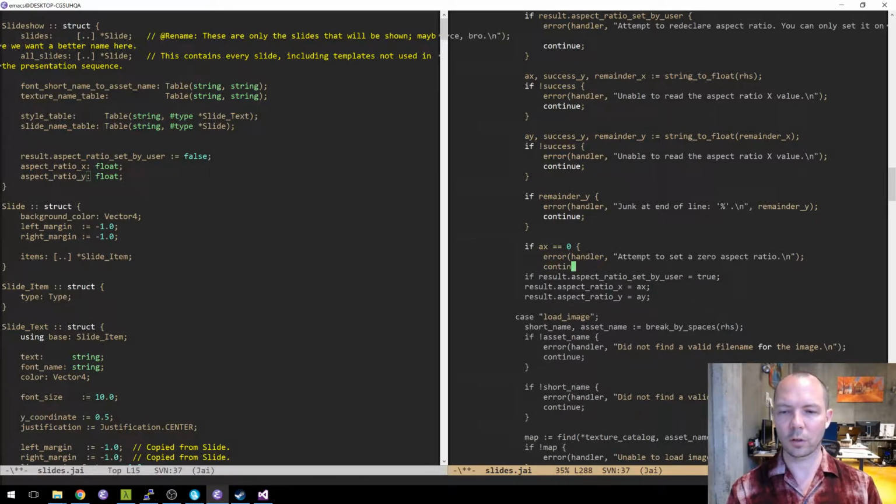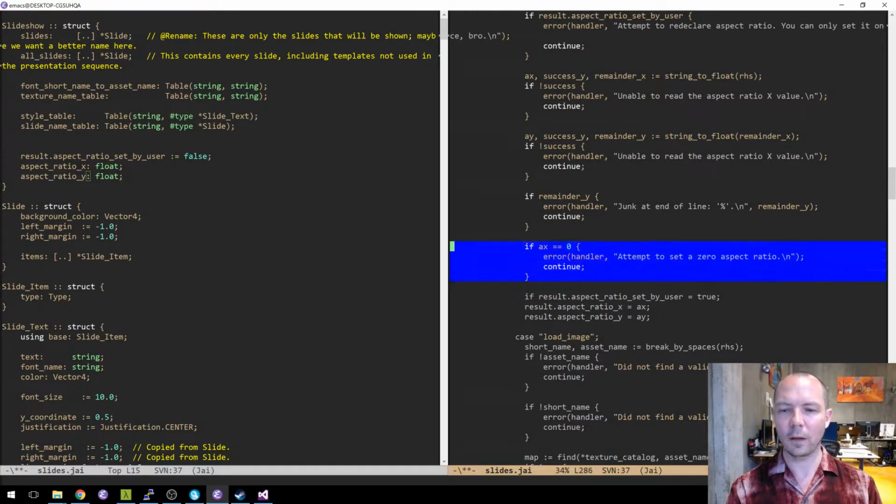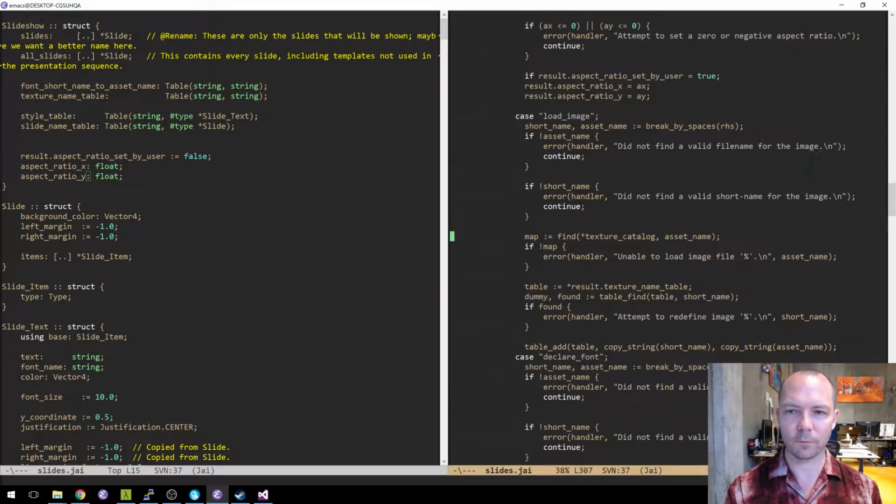Right, so you can't have either a 0 or negative. If x is less than or equal to 0 or ay is less than or equal to 0. So no horseplay with the numbers. Otherwise we do that. And we'll default to 16 by 9.